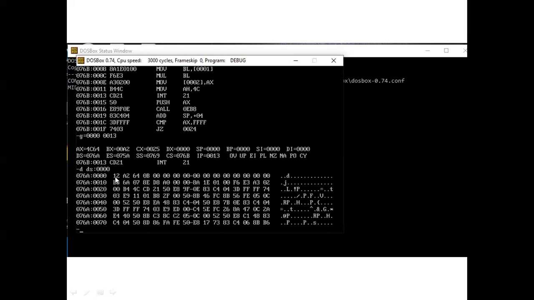00. The number we have taken here is 12. So that number is in the AL register, and in the BL register we have A2. In the BL register, this is the location showing here, 001. At location 001, we have the value of the second number, which is A2. If both numbers are multiplied, the product will be 0B64. We know that when data is stored in memory, first the LSB is stored followed by the MSB. So the result here is 0B64. The LSB of the data is 64 and the MSB is 0B.